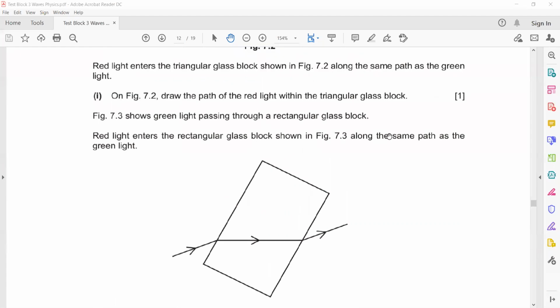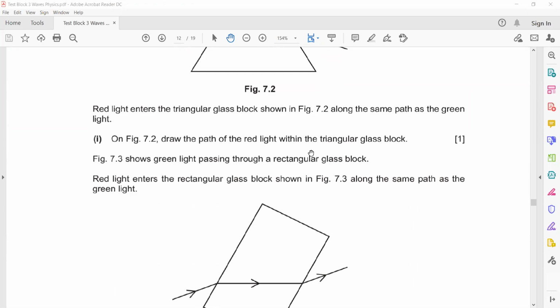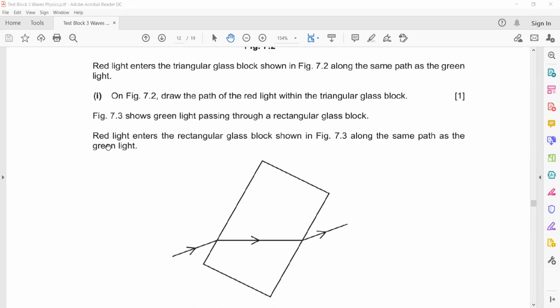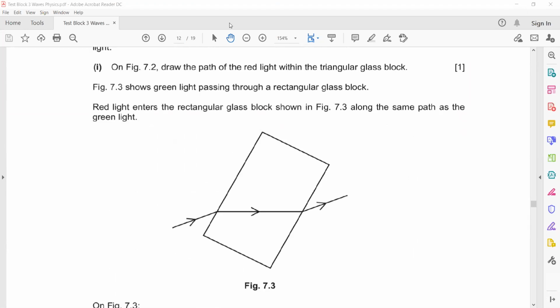Then on figure 7.2, draw the path of a red light within the triangular glass block. Figure 7.3 shows a green light passing through the rectangular block, and a red light enters the rectangular glass block. So what you will do, again the same thing, when you draw the normal, if this was a green light, red will bend less, so deviation will be there. If this is without deviation, if I draw a straight line, that shows it does not deviate, so it should be a slight deviation and then bend away from the